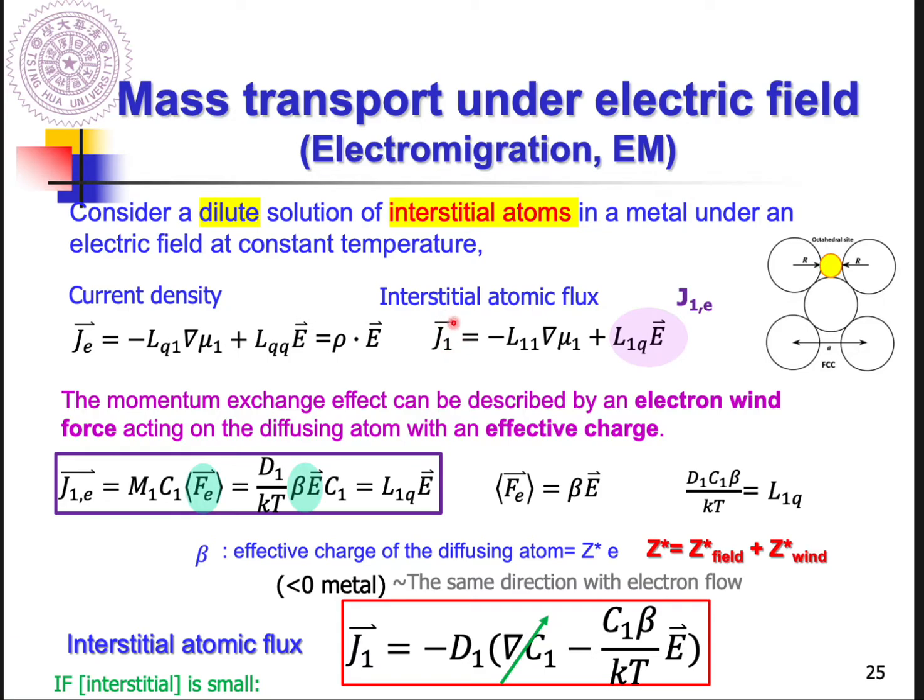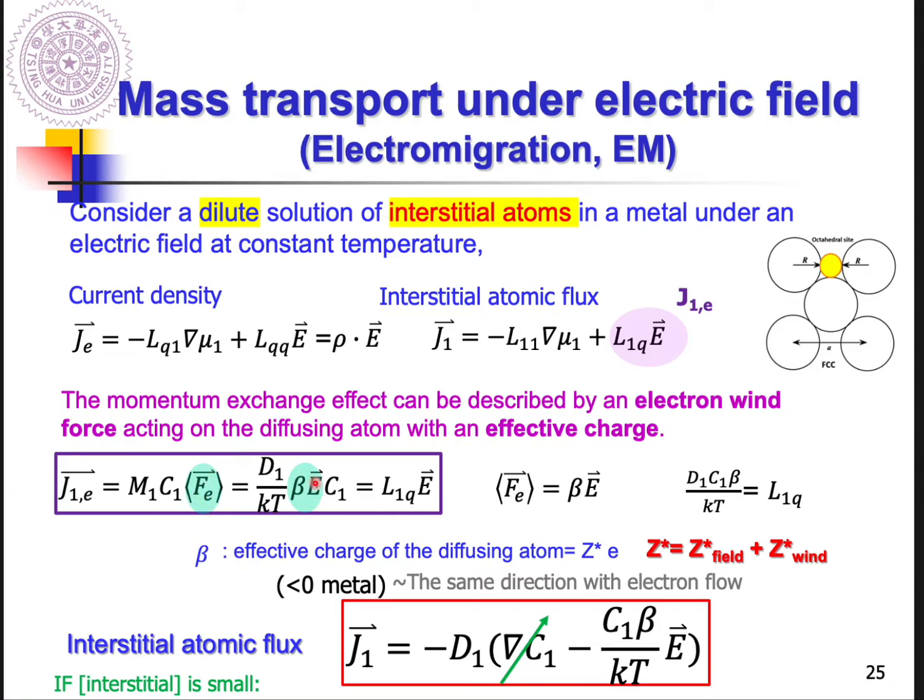formulate the interstitial atomic flux. This interstitial atomic flux is directly driven by the electrical field and also the chemical potential gradient. And for this term, we can also rewrite it as mobility, concentration, and driving force. The driving force here